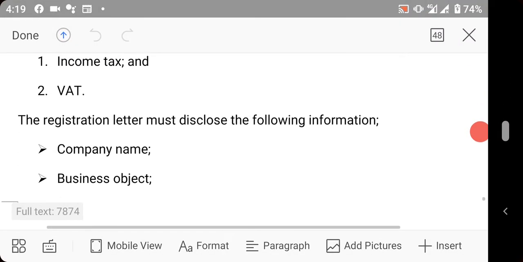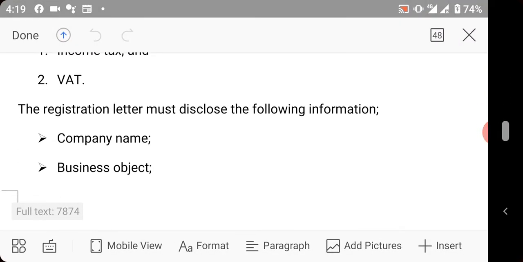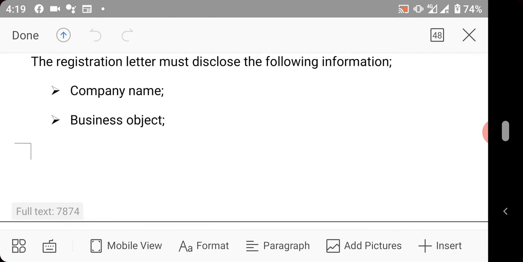Now we'll continue. The next aspect is the information that you are required to provide when you want to register with Federal Inland Revenue Services. The first information is company name. You must state your company name. For example, your company name could be Michael or Bill Group of Companies. Your company name could be Tax Returns Group of Companies. Your company name could be Fan Group of Companies. Your company name could be Laptop. Anything that is your company's name, you are to provide it.